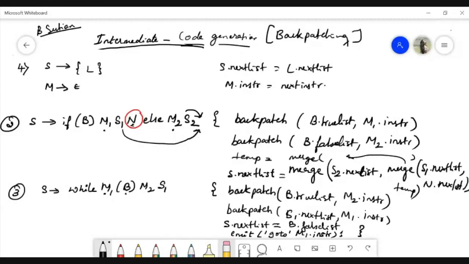Okay, but when you have N, so N dot instruction or the list, it is not an instruction. So here M is an index, but N is a list. So you have to create that list. N dot next list will be, you have to call make list, next instruction. So the difference between M and the N marker is M will hold the index, right? But the N will have the next list. Okay, it is a list. It's not an instruction. So that's why we have to create the list here, and we have to say emit